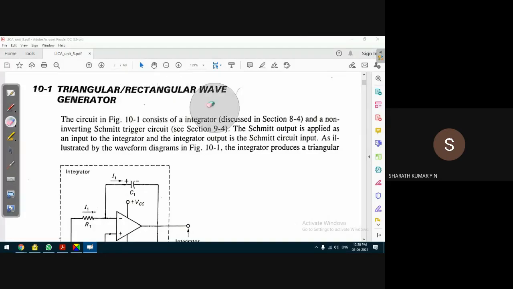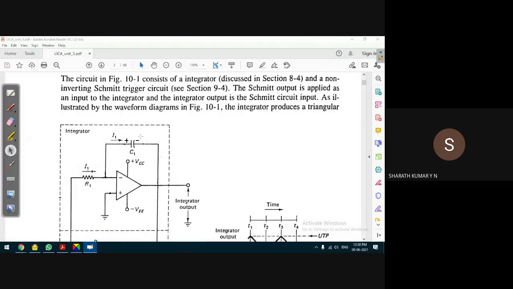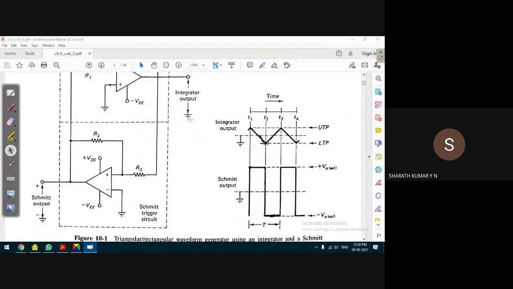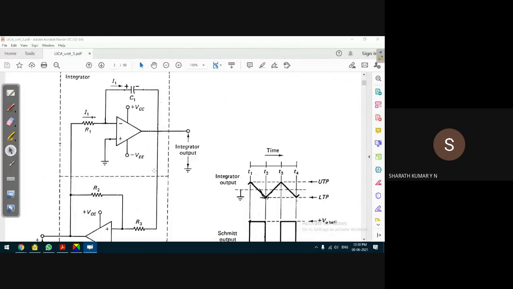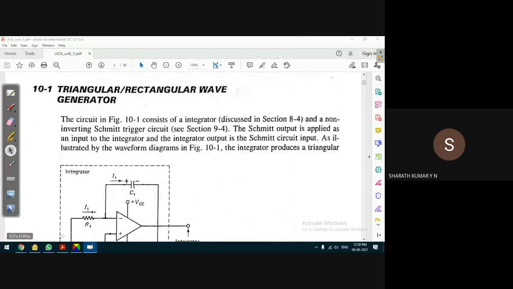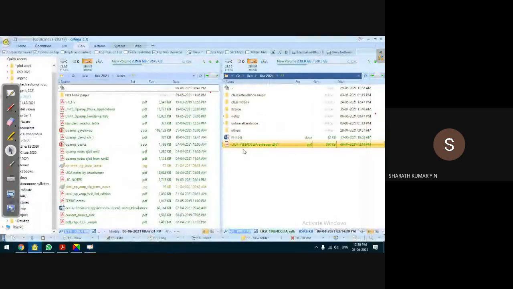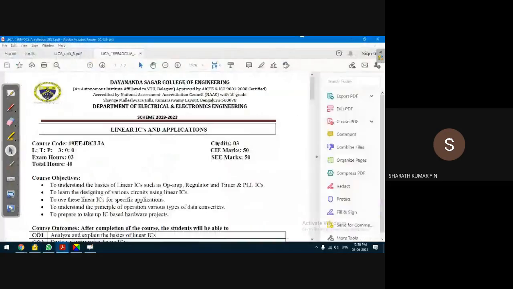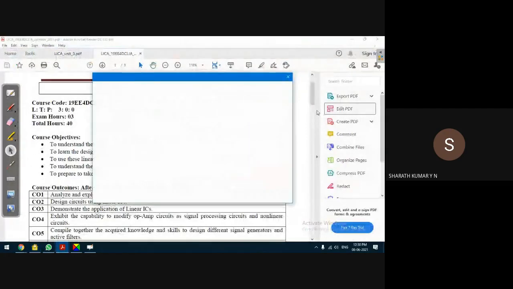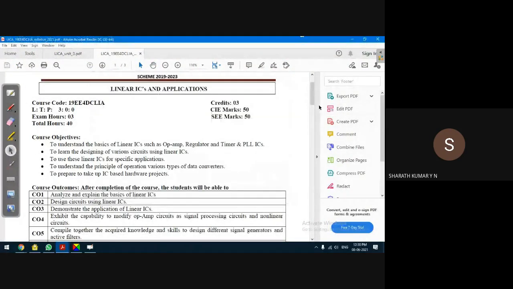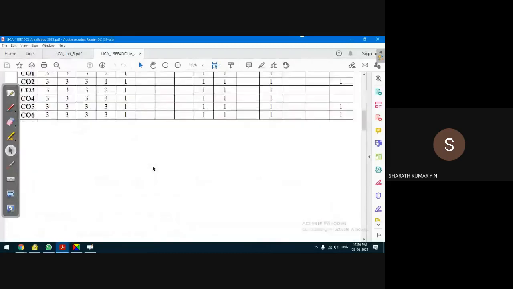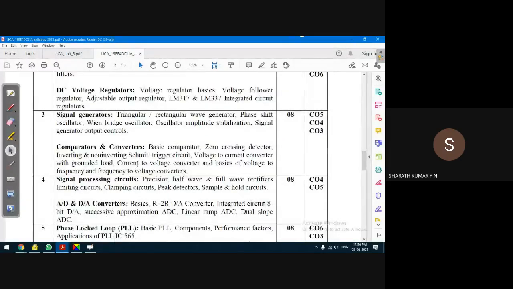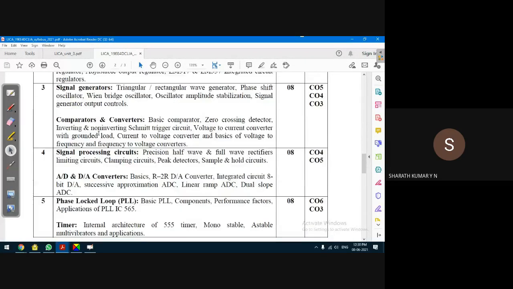Let us jump to the circuit. It's simple and straightforward. Here in this syllabus, let me open the syllabus again, because we come across the Schmitt trigger circuit, and the Schmitt trigger circuit we study at a different point. I'll show you that. Because the Schmitt trigger circuit is in the diagram, the obvious question is what is a Schmitt trigger circuit? In the signal generator, zero crossing detector. Yeah, here it is.